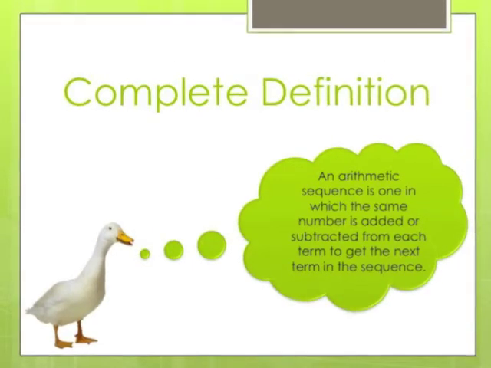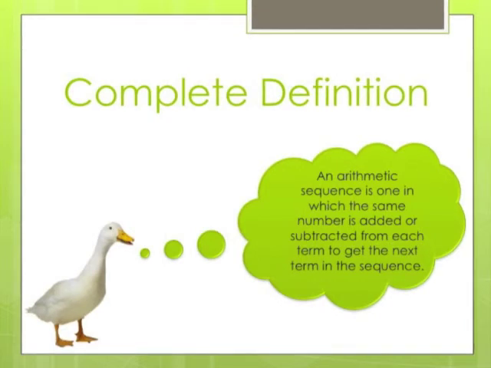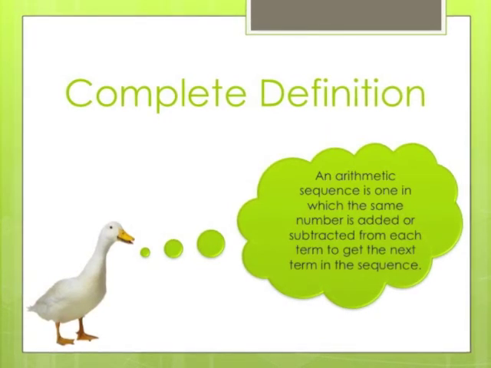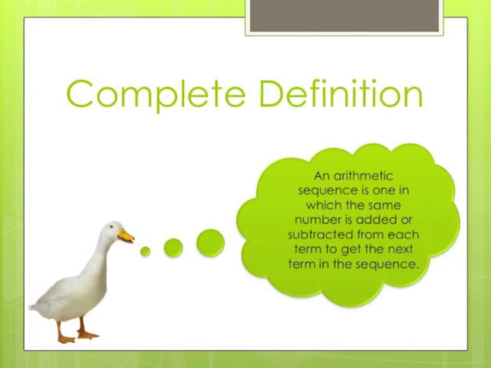Before y'all go on to meet the rest of my farm friends, let's wrap up all the parts from this definition that we have just learned. I will read it once, and then we'll repeat it together. An arithmetic sequence is one in which the same number is added or subtracted from each term to get to the next term in the sequence. Now together. An arithmetic sequence is one in which the same number is added or subtracted